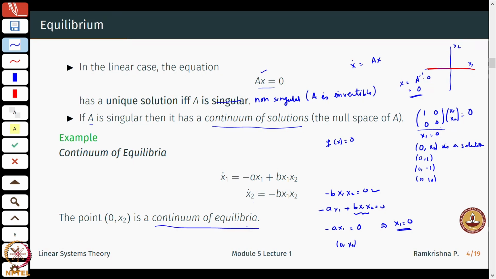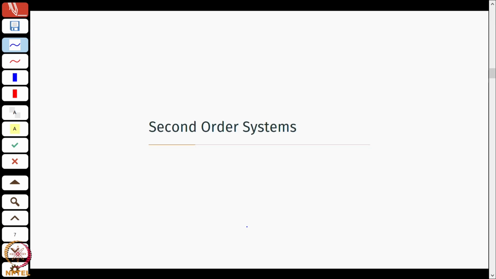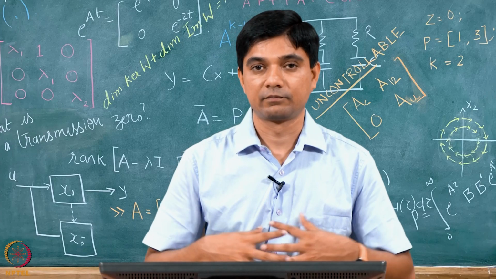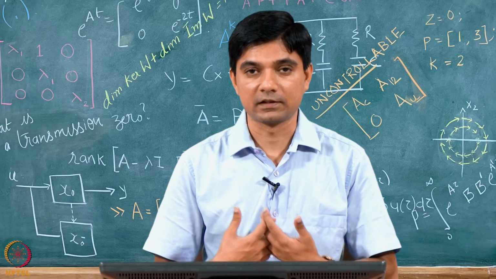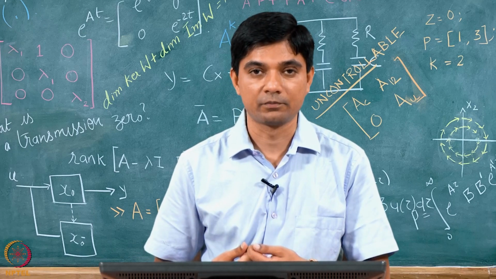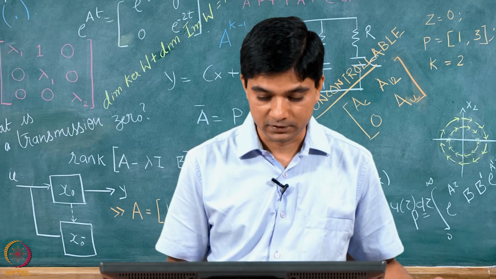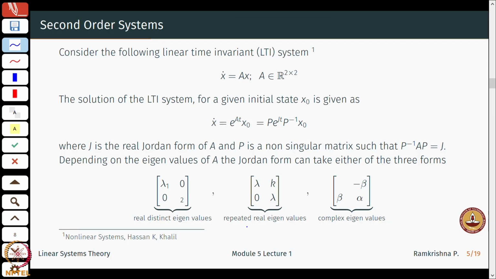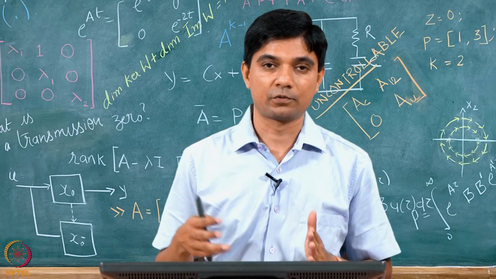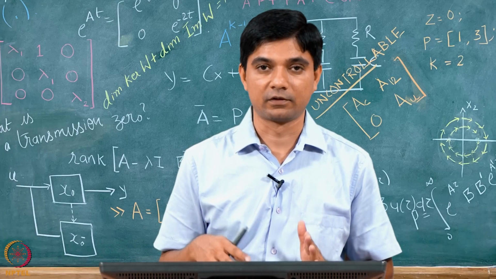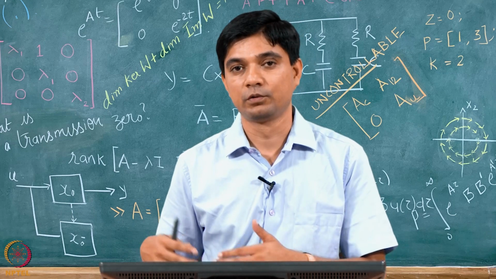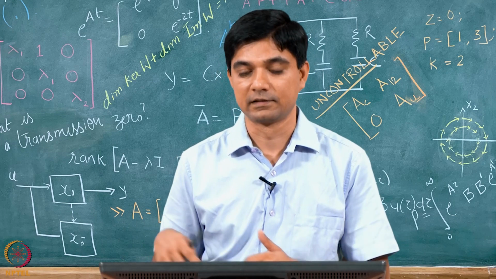and therefore, this system also exhibits a continuum of equilibria. An interesting case that gives us lots of insights into understanding equilibrium points is essentially second order systems. Let us say I am dealing with second order linear systems, and this linear system could just be linear by itself, or it could come as a process of linearization of nonlinear systems, that we will do in the lecture succeeding this one.